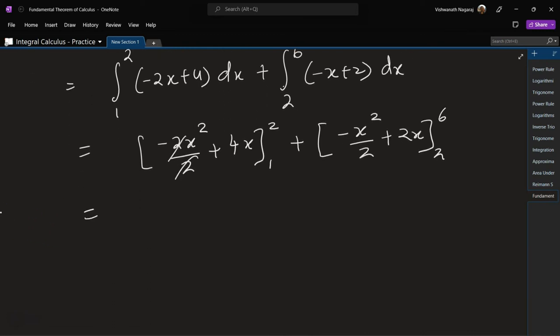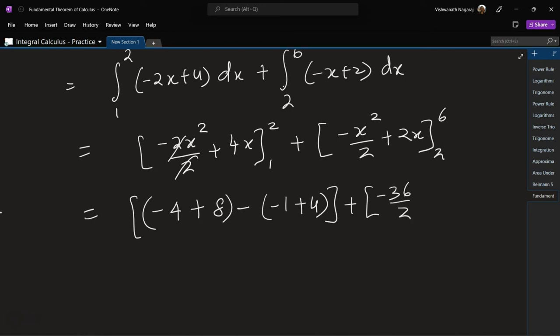Now 2 and 2 cancel and we have minus 2 square, that is 4, plus 4 times 2 is going to be 8. Minus, we have to substitute 1 now. So minus 1 plus 4 plus minus 6 square is minus 36 by 2 plus 6 twos are 12